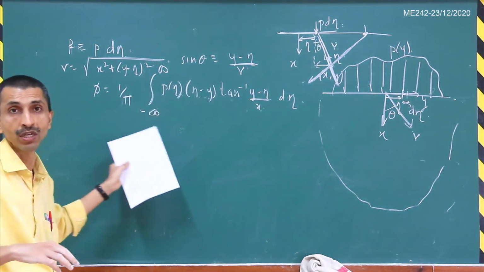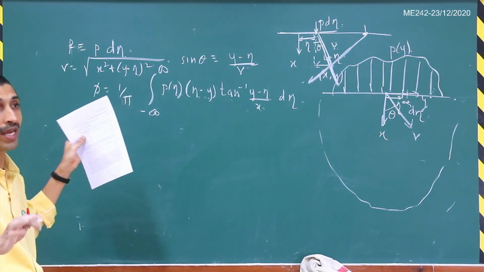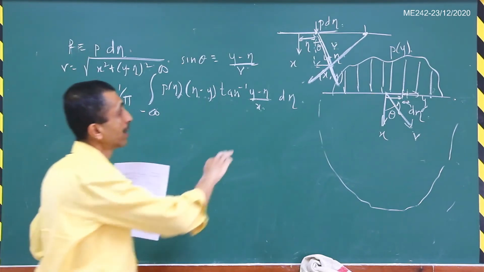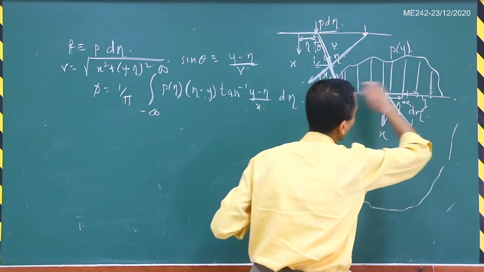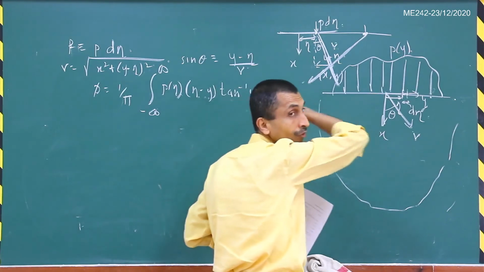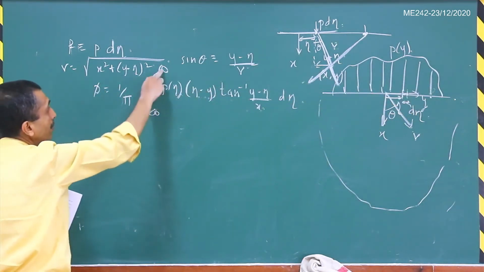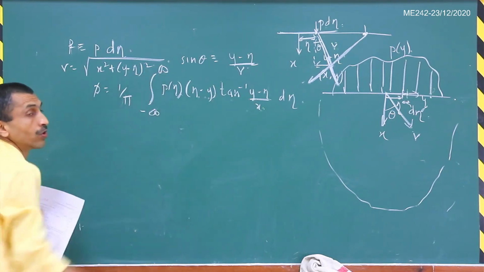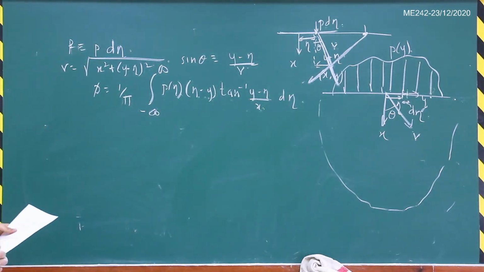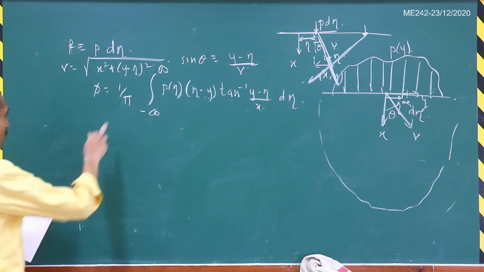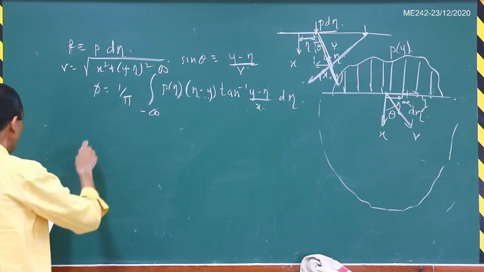And this expression will give me the total Airy stress function due to the distributed load here, right? This load can also extend from minus infinity to plus infinity, so that is why we are taking the limits for this eta as minus infinity to plus infinity. And then after this, of course, now you can just find out what is ux, uy and all that. But at least I will write out what is tau xx in this particular case.